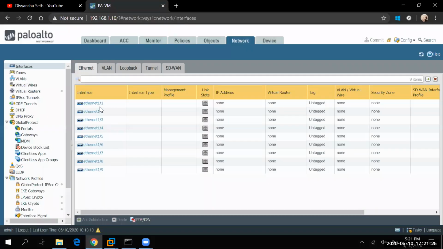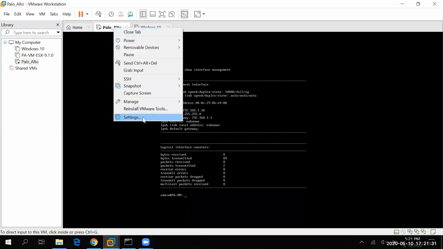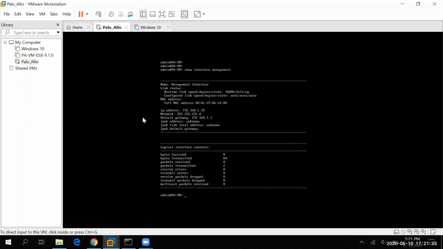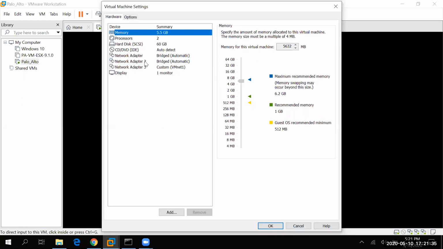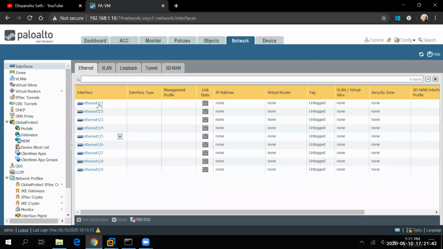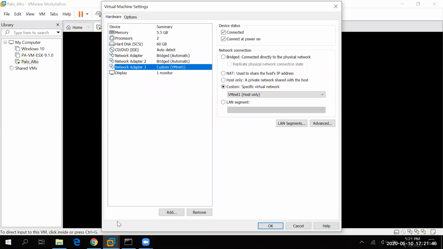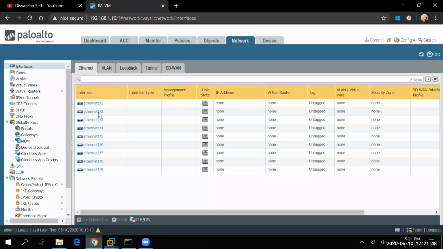I'll come here. Okay. One more thing which I wanted to show you here is, when you are saying that you have 3 network adapters, don't consider this one. From here you need to consider network adapter 2 will be your 1 by 1, and network adapter 3 will be your 1 by 2, and so on.